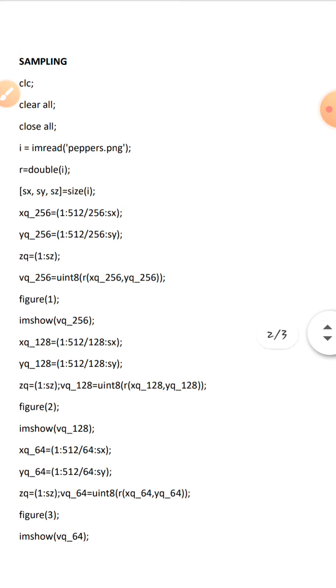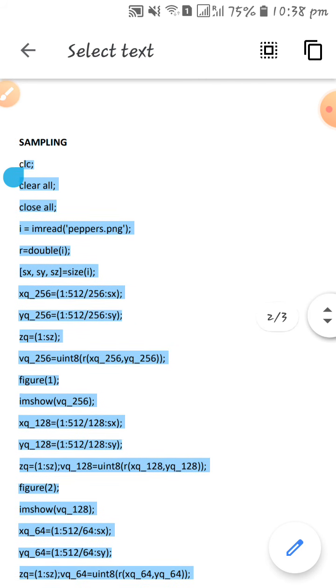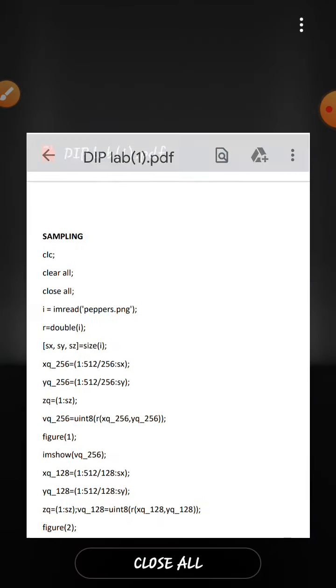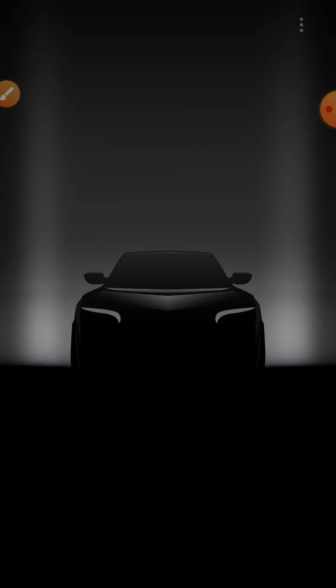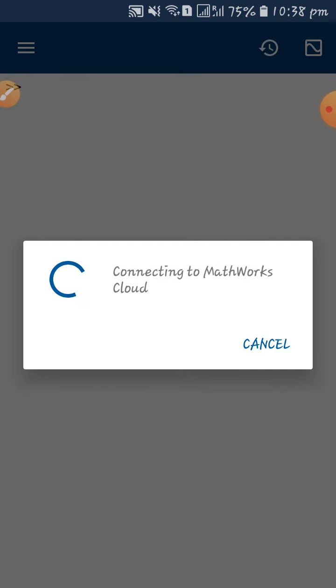So let me show this in the MATLAB window. I'll copy this code and then go to my MATLAB. Whenever you try to access this app, it takes some time because it is connected to the cloud.